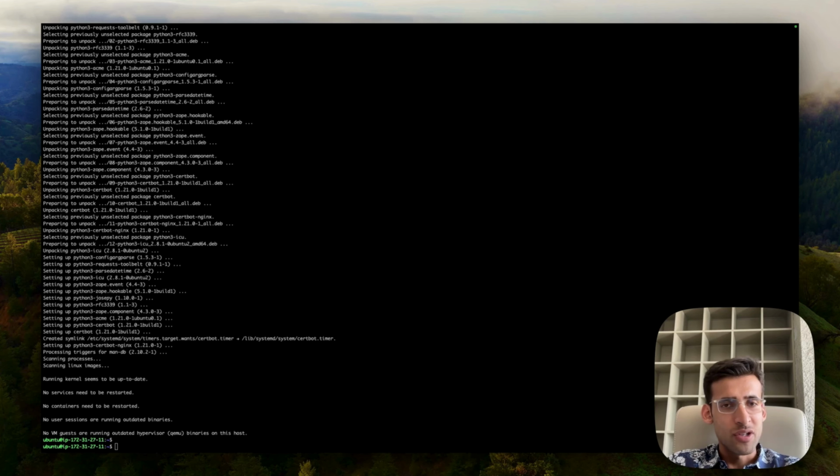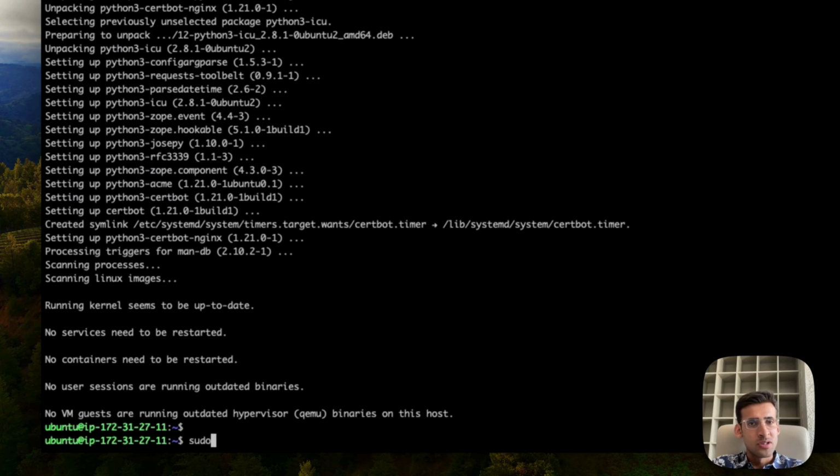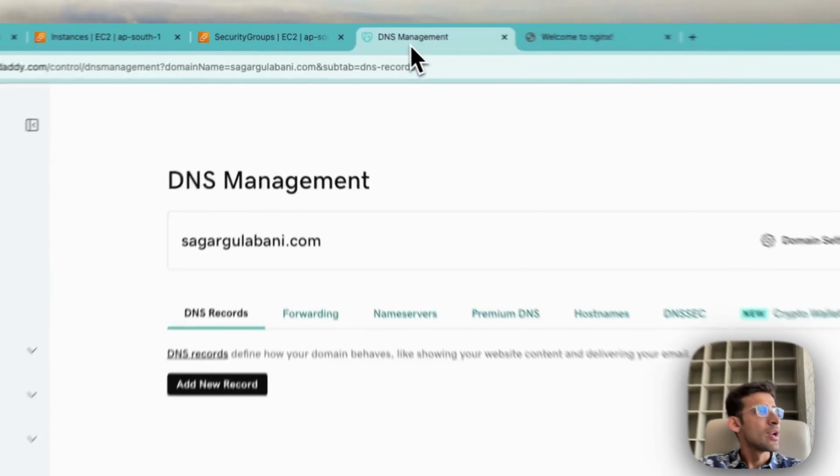So the command for that will be sudo certbot --nginx -d sagargulavani.com, and I'd also like the certificate to be set up for www.sagargulavani.com. We did not set up an explicit pointing for www.sagargulavani.com, but if I take you to my GoDaddy page,